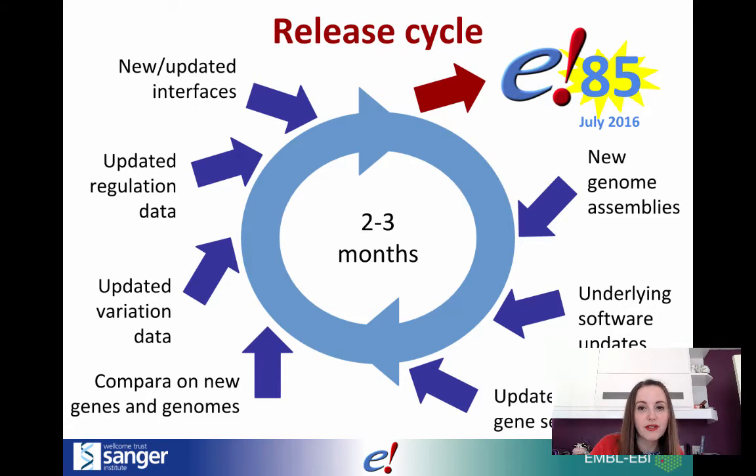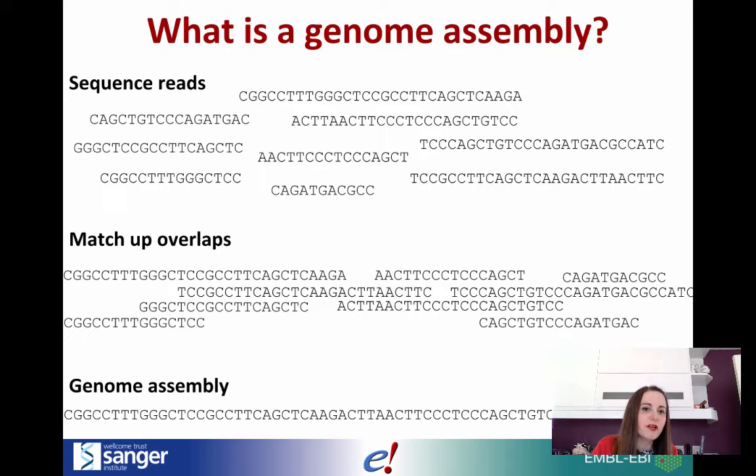I just briefly, before I start showing you what's in Ensembl, want to go over genome assemblies, because this seems to be something that a lot of people aren't totally familiar with. So there's currently no technology that's available where you can start at one end of a chromosome and sequence all the way along to the other end. That would be wonderful, and I'm sure somebody's working on inventing it, but it's not out yet, which means that when we sequence genomes, we have to use other methods. So we have to cut the genomes up into small chunks, sequence the chunks, and put them back together. This inevitably leads to mistakes.